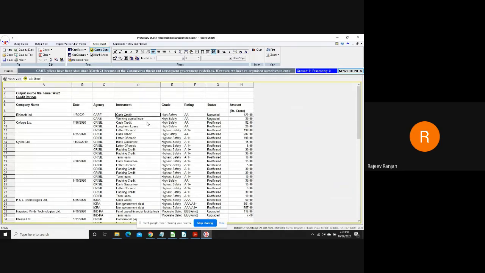One was the cash credit, the second was the working capital loan, which was upgraded to the highest safety, and this was the amount. Similarly, this company has multiple instruments rated by the rating agency CRISIL, and their rating was reaffirmed as the highest safety. So this is what the worksheet looks like.